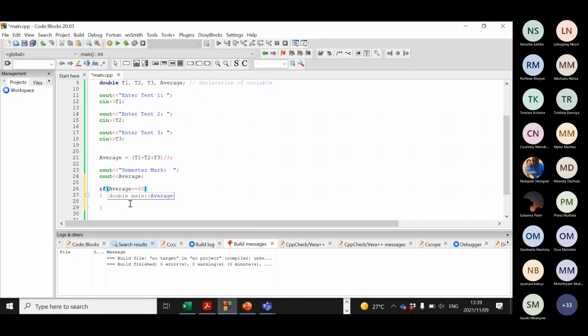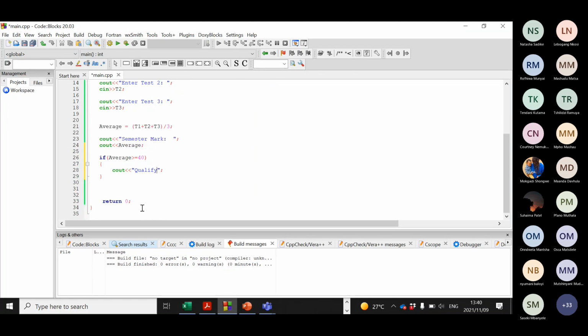I want to start from here. So if it's greater or equals to 40, it means what? The student qualifies to write. So it must write what? Qualify. We'll just do bit by bit so that everyone will get what we are doing. So here I will just write qualify. Here you are saying that if the marks are greater or equals to 40, the student qualifies, or else it means that